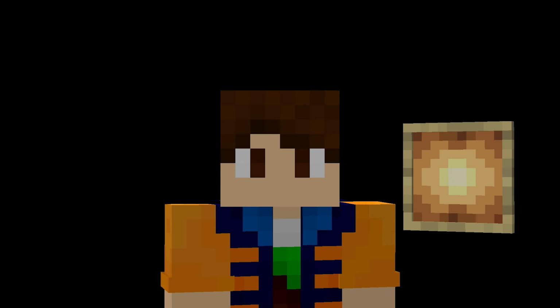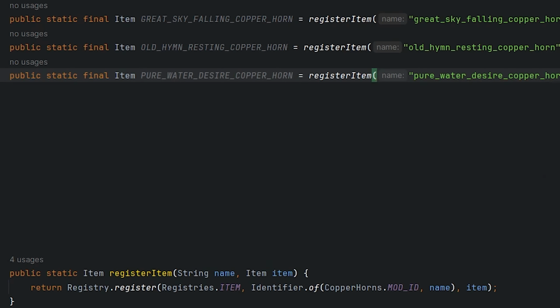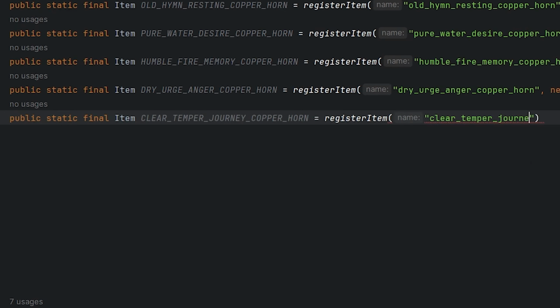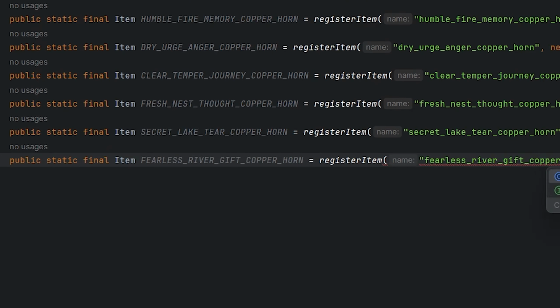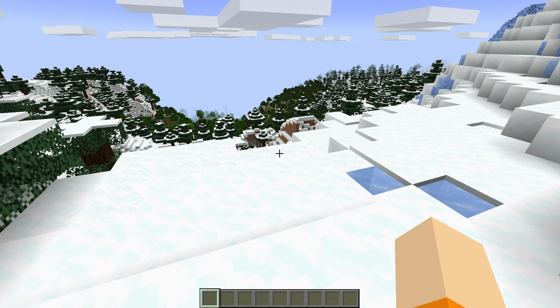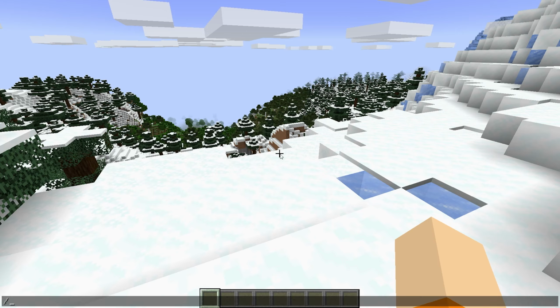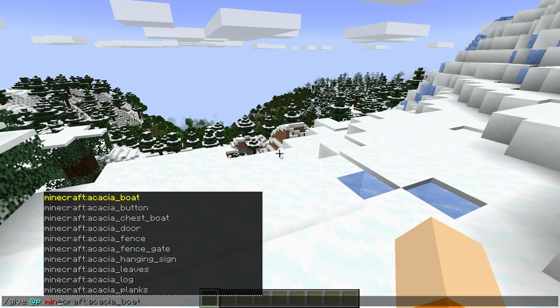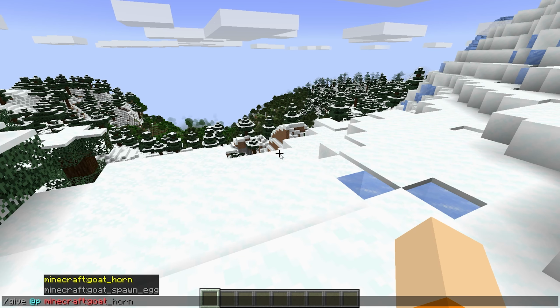So let's get started. Now the first thing we need to do is to add the copper horn items. Since there's 10, we need to register 10 new items for the copper horns. And when we go into the game and get them through commands, they'll appear. Oh, and ignore this one. This is just so we can get the item group like this. Okay, so that's done. Now for no particular reason, let me just get a normal goat horn and wait, why